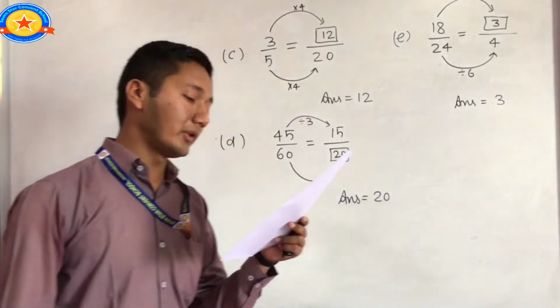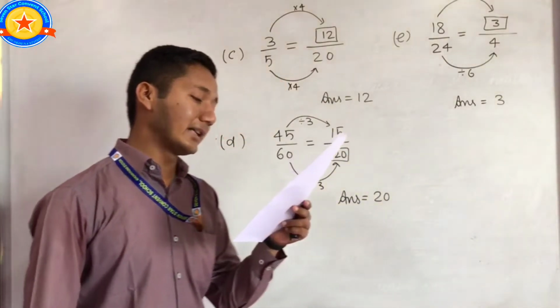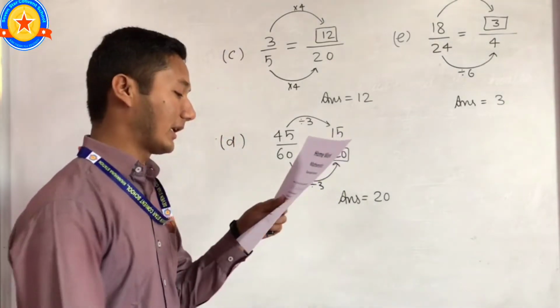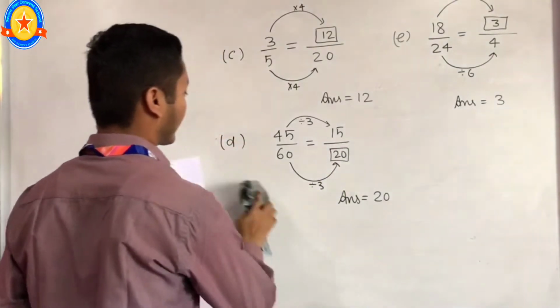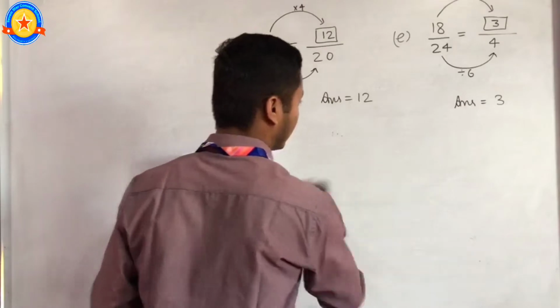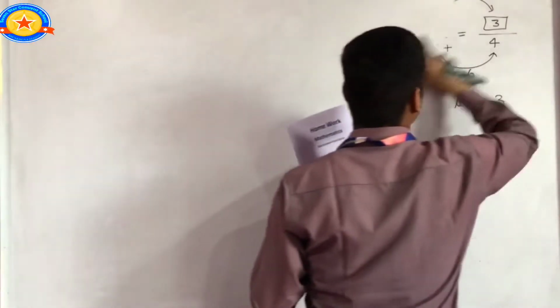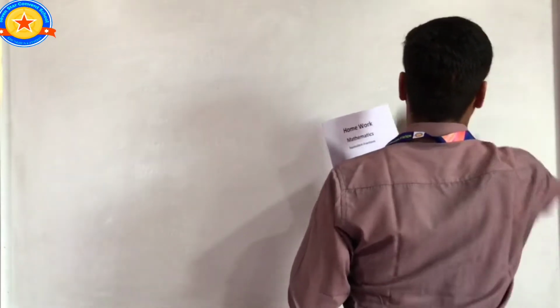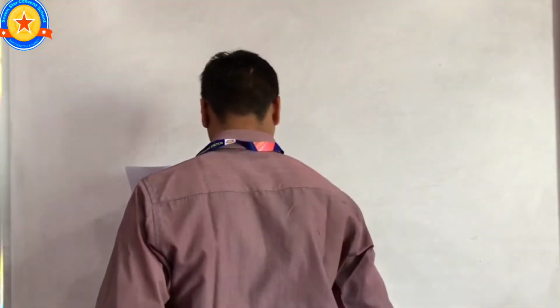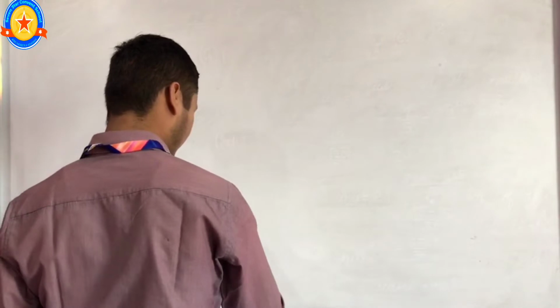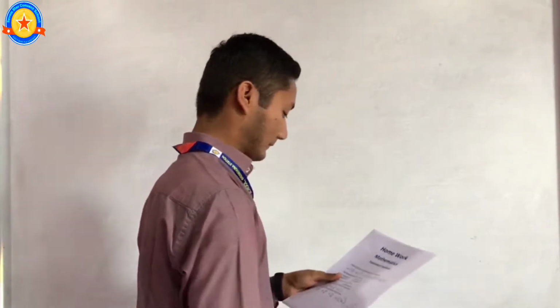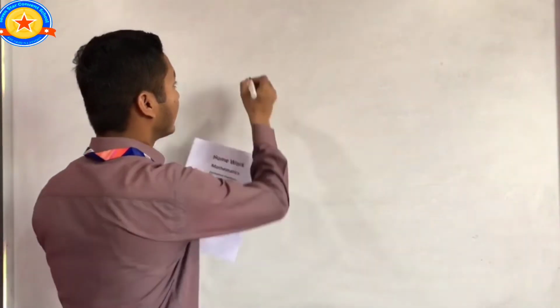Now students, moving to our next question, which is: find the equivalent fraction of 3 by 5 having